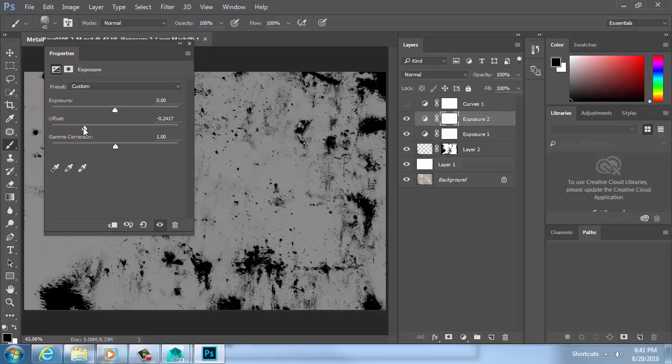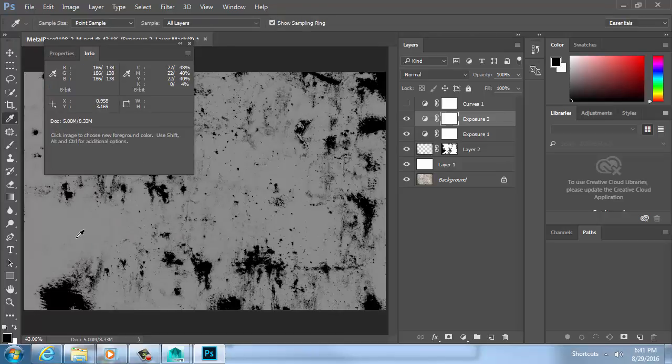I wanted this color here to be at about 2.2-ish, okay? So I added 1 exposure and took the offset to -5. So that takes everything as far as the color goes and drops it down to, as far as the white goes, 0.5. Then I added another exposure and dropped it down to -0.25, and that lowered it even further, okay? So just so you can see what I'm trying to do is this here, if you look at this